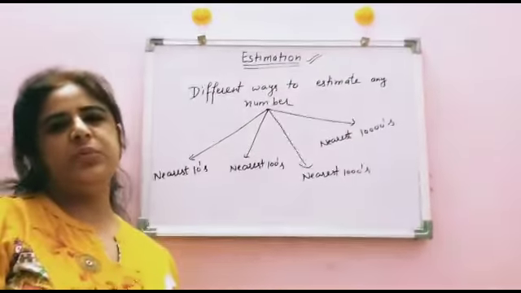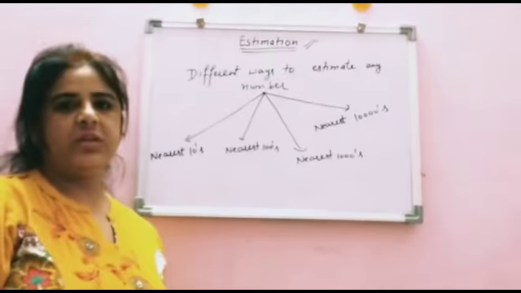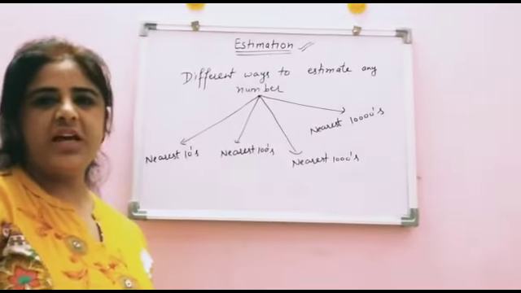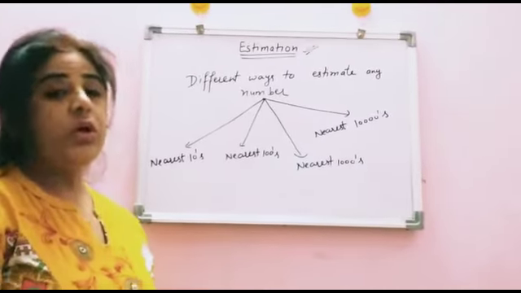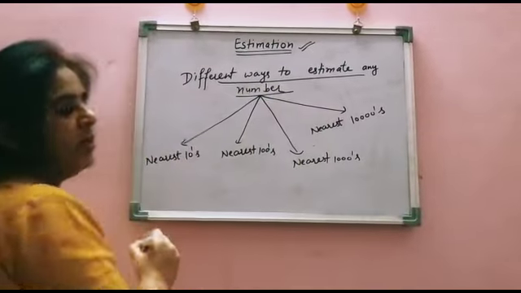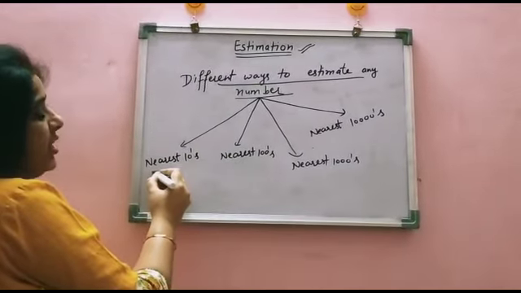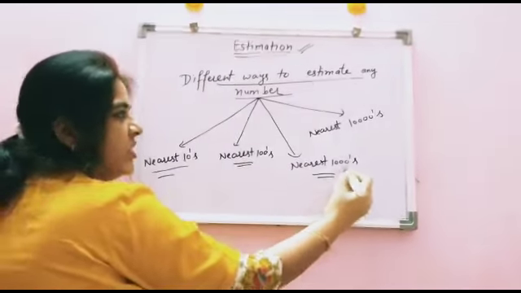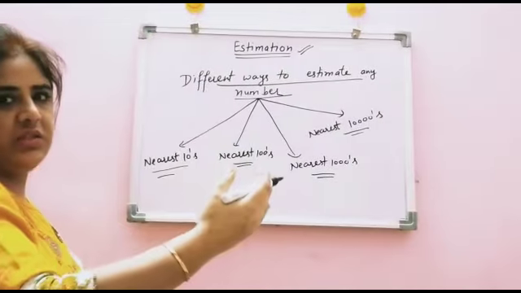As everybody knows, if we are going to the market and we want to purchase 10 items and we don't know the exact amount, what amount should we take to purchase the items? We take an estimated amount to purchase the items. So here we are with the different ways to estimate any number. One by one we will discuss how to estimate a number to the nearest tens, nearest 100, nearest 1000, nearest 10,000, nearest 1 lakh, like this.